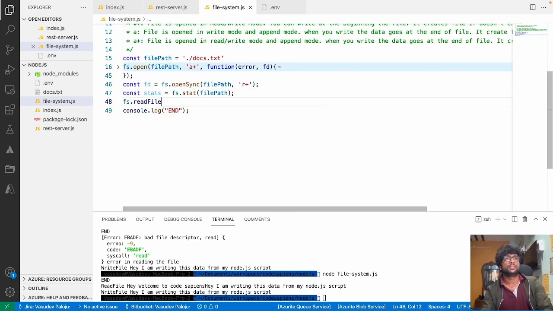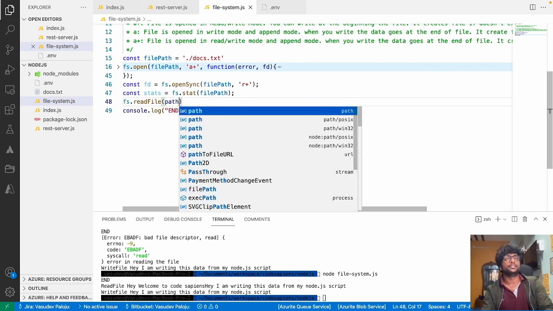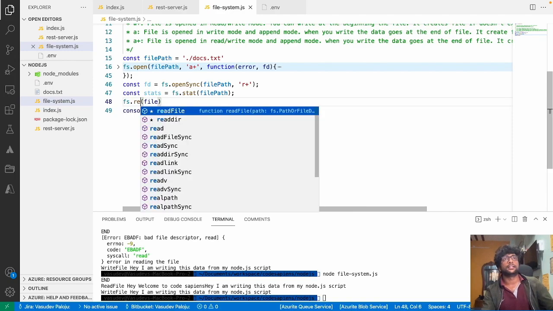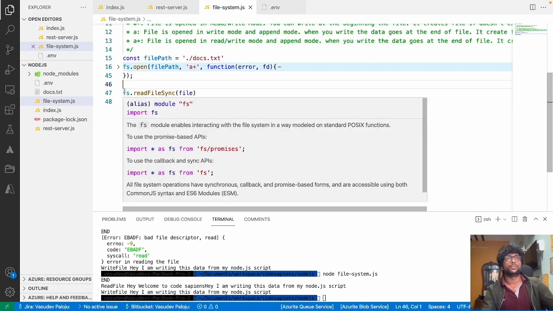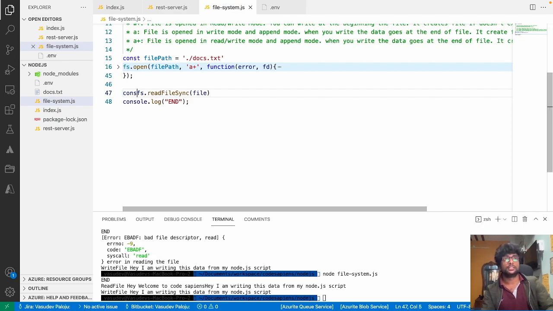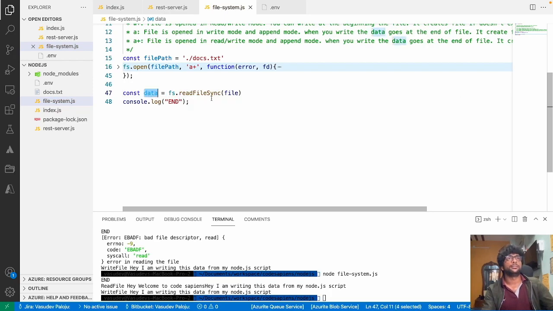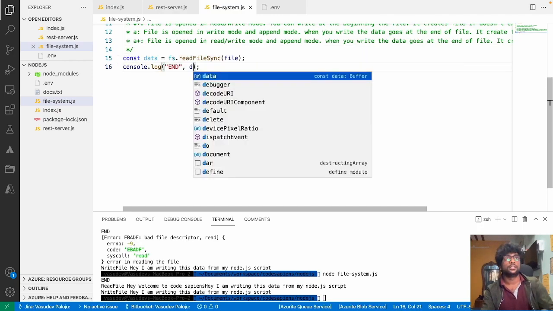Now I want to read a file, fs.readFile. Here it takes the path directly. I don't need a file descriptor or anything. File path, and here I can directly say readFileSync. I don't need any of this anymore. const data is equal to fs.readFileSync, and it basically returns some data to us which is in the form of a buffer. Okay, that's it. So I'll remove all of this just to read a file, and if I do console.log comma data,